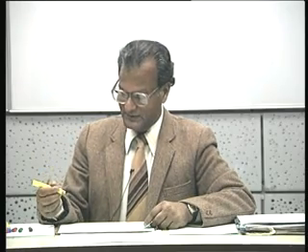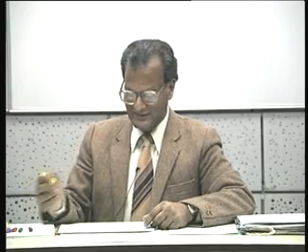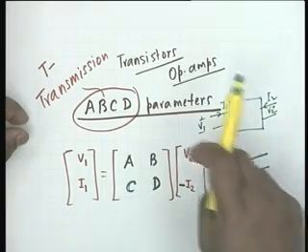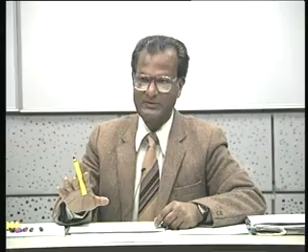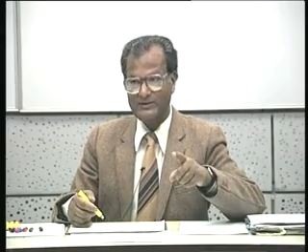If we say that V1 and I2 are independent variables, as I said, this is only semantics, this independent and dependent. Since I write V1 in terms of V2 and minus I2, I say V2 and minus I2 are my independent parameters. It does not mean that measurements will also be made with one current generator and one voltage generator. Even in Z parameters, Y parameters, H parameters, there is only one generator at a time. All the measurements are made with only one generator, not 2.